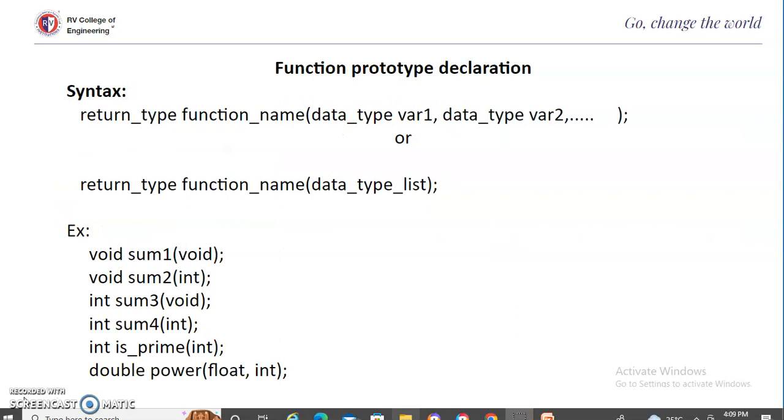Let us see the function prototype declaration. The syntax of the function prototype declaration is the return data type, the function name, and the data type and variable 1, comma, data type and variable 2, and so on, whatever data you want to pass, the data type and the variable list terminated by a semicolon. Or you can also write it as return type, function name, followed by only the data types of the variables, terminated by a semicolon. Example: void someone(void);